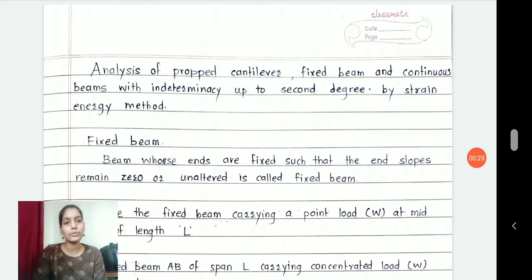Before that, I want you to remember a few of the concepts from the last session. We understood that structure is basically classified into two forms: statically determinate or statically indeterminate, and then kinematic indeterminacy. So a structure can be determinate or indeterminate. If it is indeterminate, then it has two types of indeterminacy: static indeterminacy and kinematic indeterminacy, right?